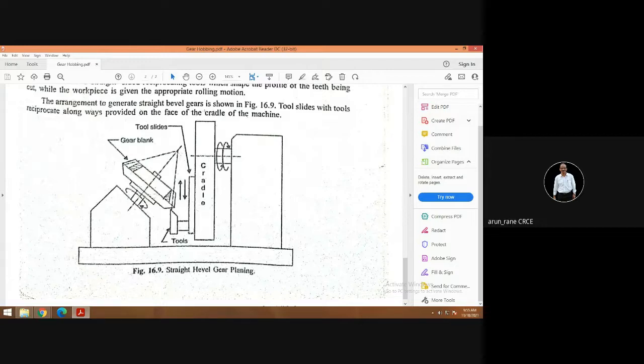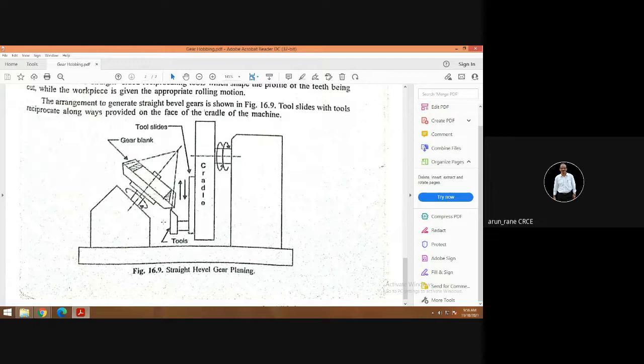So now here the gear blank is loaded at an angle in such a way that the axis of every tooth comes straight vertical, so that this tool moves vertically up and cuts the teeth. Once one tooth cutting is done, it is indexed and the next tooth is cut. Then the third tooth, then the fourth, then the fifth, like that. This is how indexing is done, and the cutting of bevel teeth is carried out.